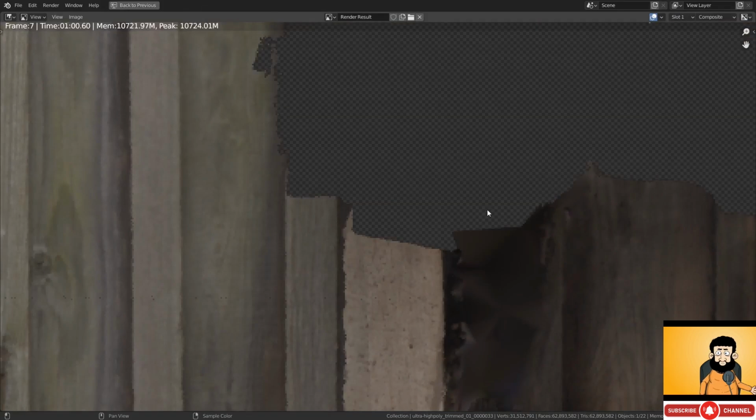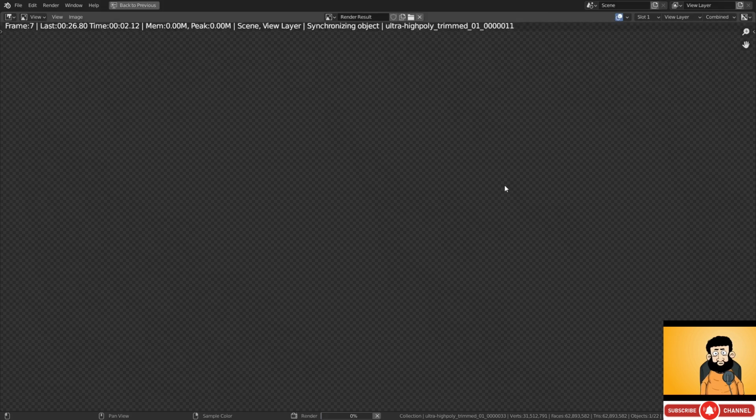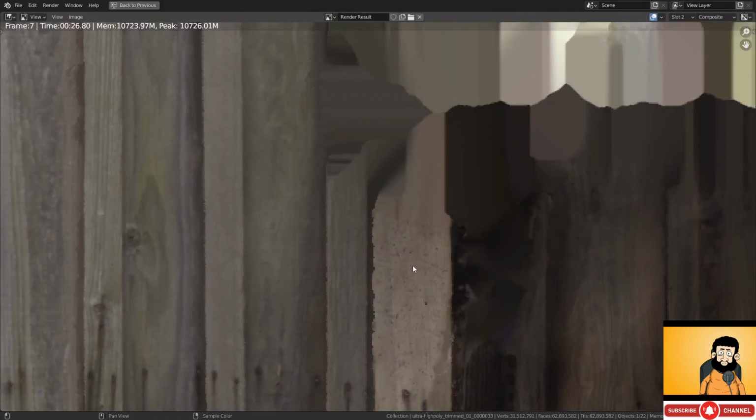Unfortunately, after the changes made earlier, I don't think I re-rendered, so we'll need to switch over to slot 1 and then change the filter back to 1.5 and then render again with F12. Then, when we use 1 and 2 to switch between the render slots, we can clearly see how much darker